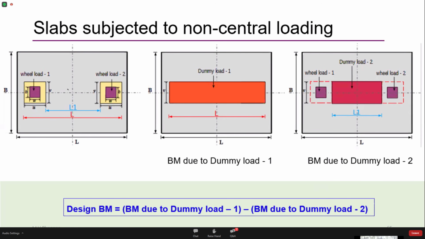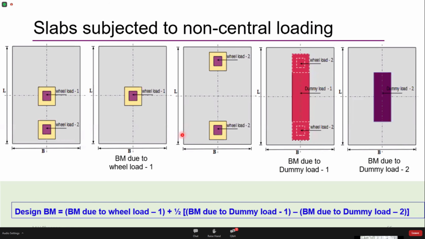There is one more case that is possible, something like this. It's just the extension of the previous one, but fine. So let's try to understand this. I have a slab B and L, and I have a wheel load following another wheel load. I have wheel load 1, which is placed at the center of the slab, and there is a trailing wheel load, wheel W2, placed at this end. And I'm interested to find out what is the bending moment that is produced for this loading configuration.